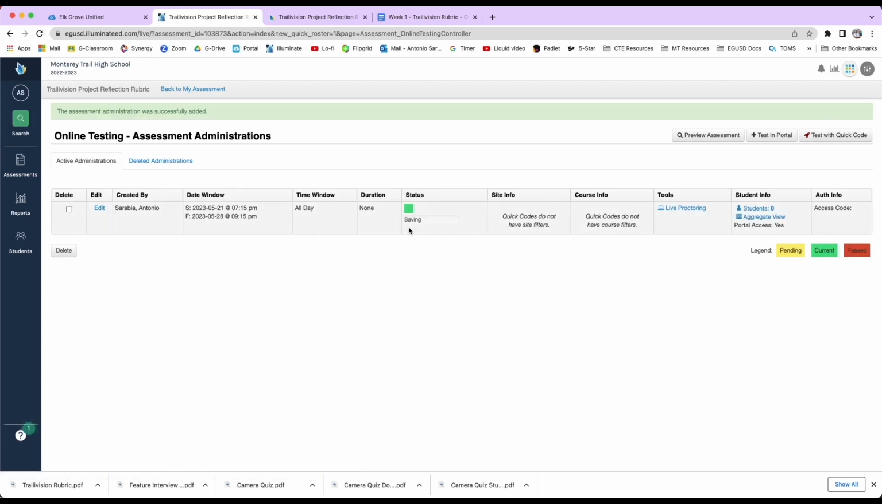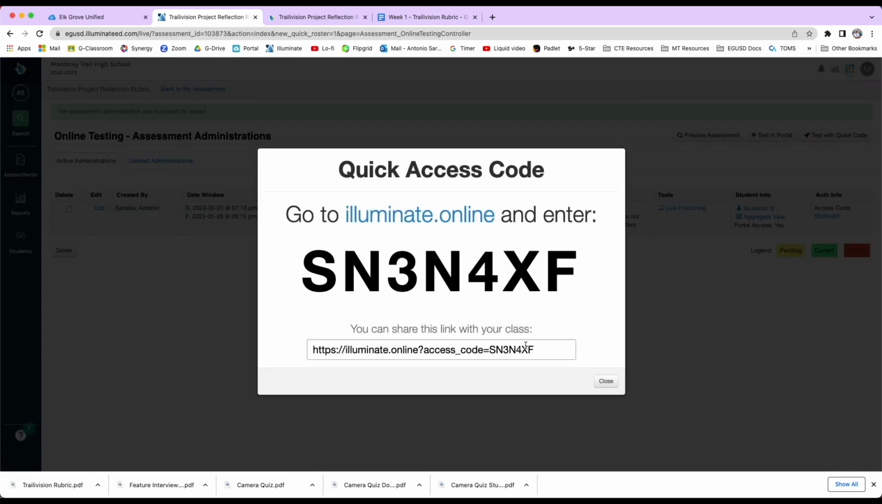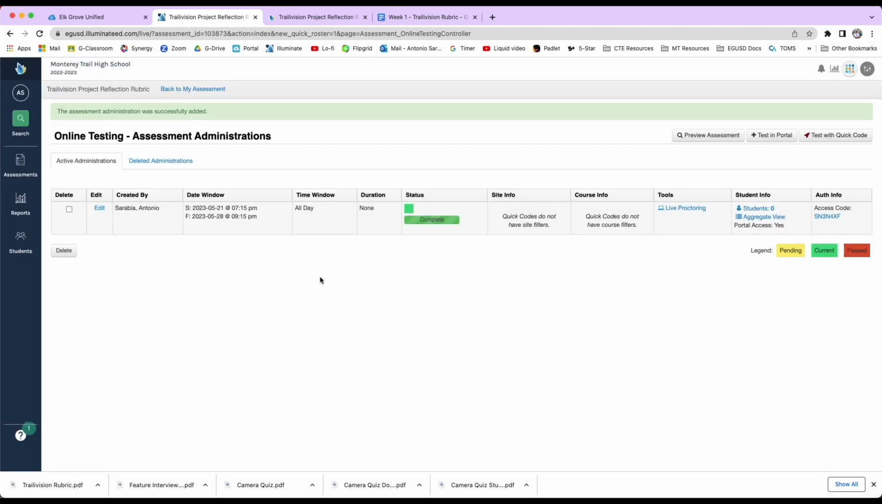right? And once the quick code is generated, you see this little saving thing. Once it says complete, then I can copy the URL for the access code and then post it on the Google Classroom for the students to access. Right? I'm not going to show that right now, but basically I want the students to be able to access this whenever. So in order to make sure that this particular quiz doesn't log out, I'm going to go to